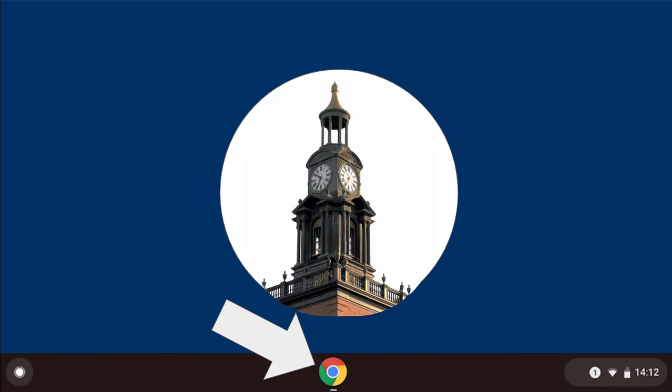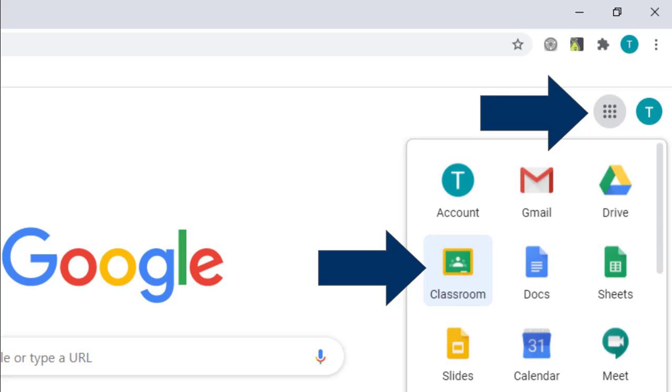If you do have one of the district Chromebooks, the way to get to Google Meet is to load up Google Chrome from the bottom of the page. When you click that icon, it will bring you into the Google Chrome browser. Here in the top right corner, you're going to look for these 9 dots. These 9 dots are sometimes called the waffle. But basically, when you click the 9 dots here, we are actually going to look for the icon that says